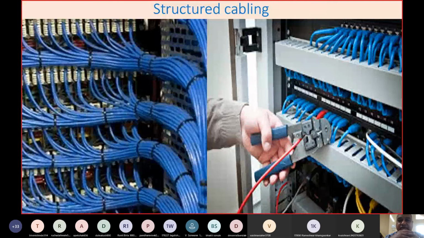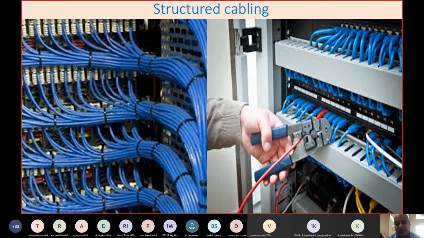Then if you see, as I said, structured cabling, you can see how these cables are properly structured, how these are properly connected, properly terminated, properly wound, properly numbered, and there are certain conveyors as well. Then these cables are crimped and going into these different RJ45 sockets. This is the wire, and this wire is coming from a distant end. So this is the way the structured cabling is done.